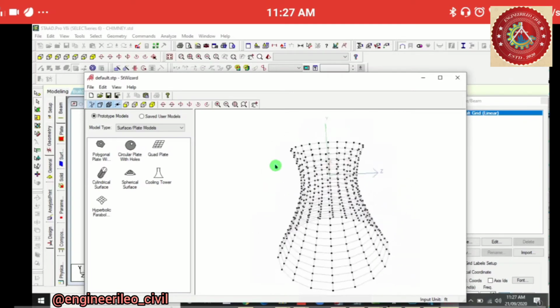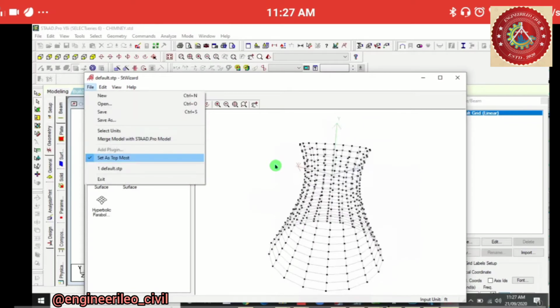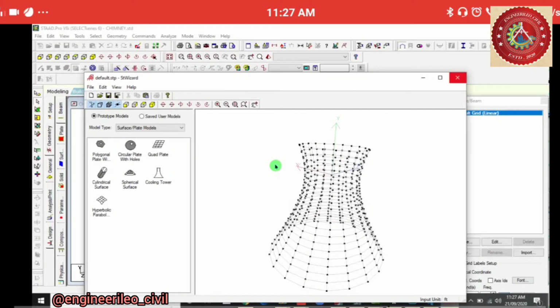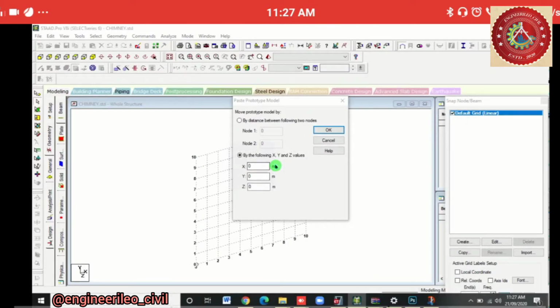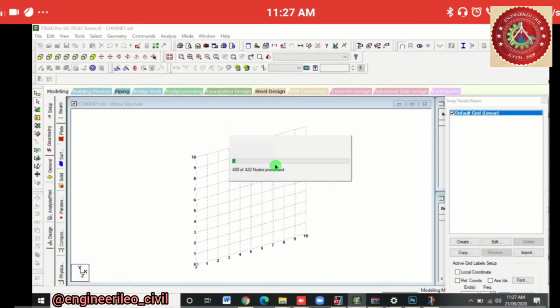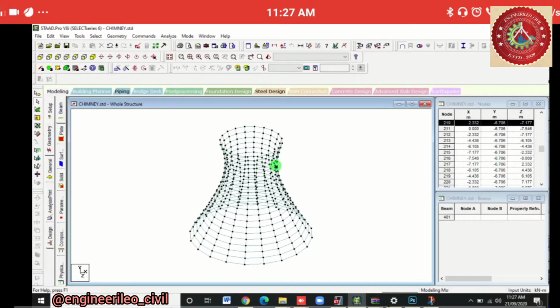Okay, we can go to file menu and merge model with STAAD.Pro, or directly cross this and yes, and add 0 0 0 XYZ plane. Okay, so here's the model. We'll go out of grid and then to general.